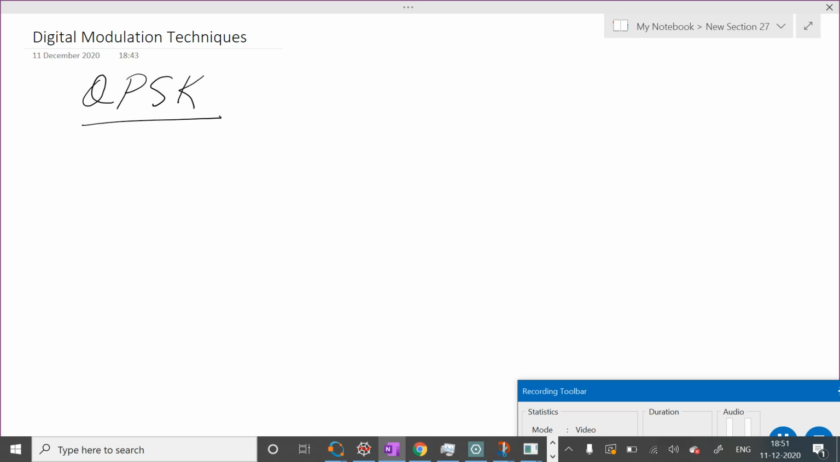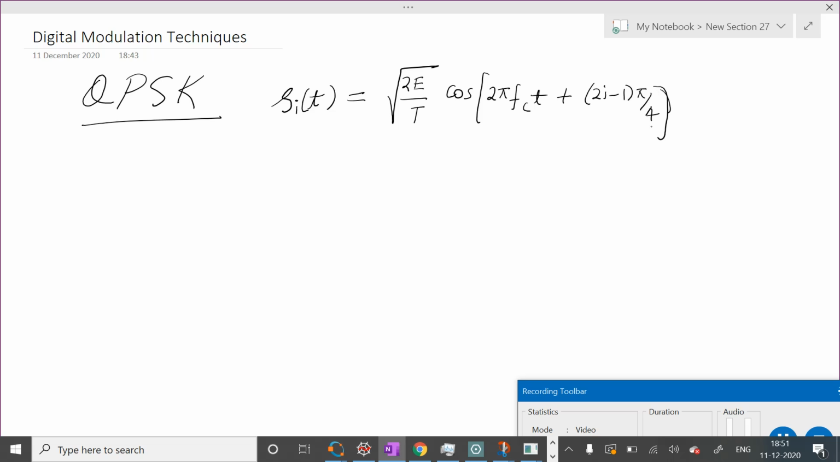So in QPSK, the passband signal, that is the signal which will be transmitted, is represented as s_i(t) = root of 2E by T cos(2 pi fc t + (2i minus 1) pi by 4), for 0 ≤ t ≤ T and i equal to 1, 2,